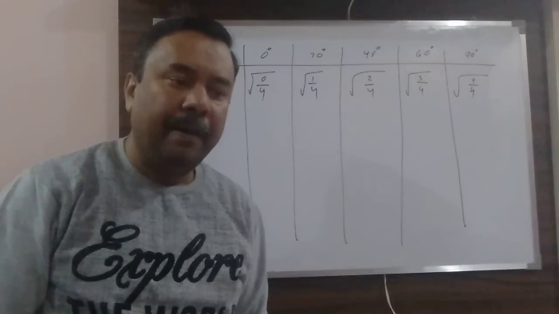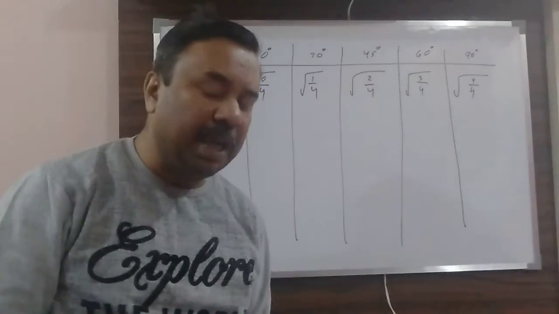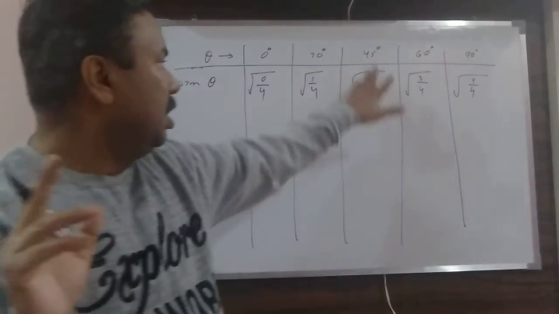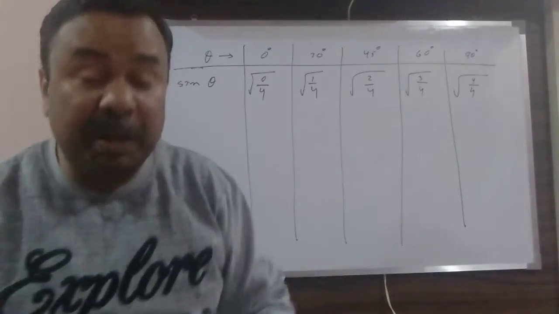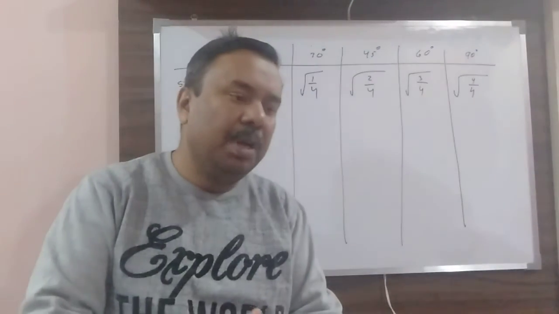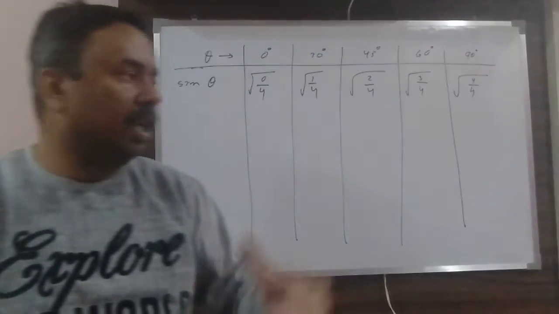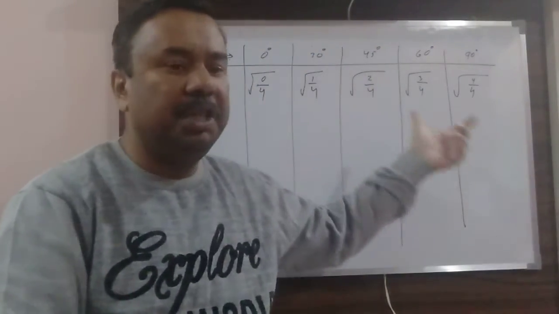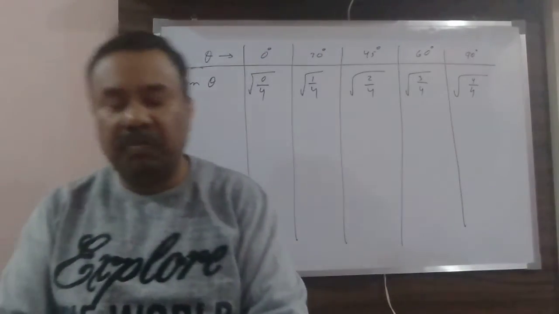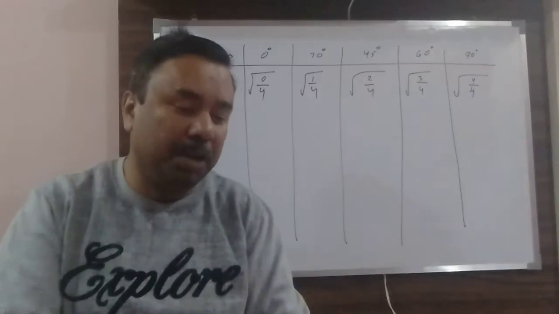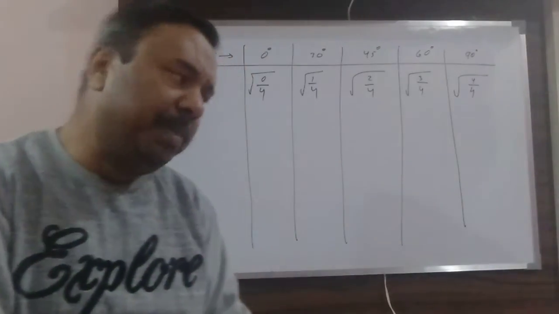I have skipped the ratios for 45 degrees. I will skip this part deliberately because it has been left for you to do. Just try and find out how we can find the ratios. Because when one angle is 45 degrees, obviously the other angle will also be 45 degrees. This is just a hint I am giving you. Try it yourself and you will be able to do it.